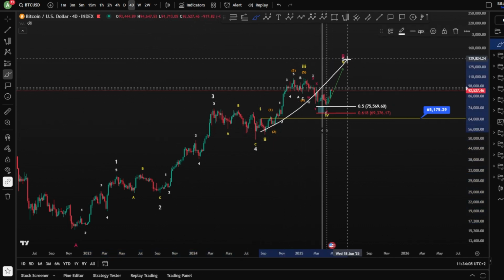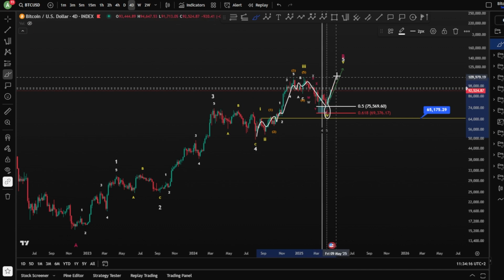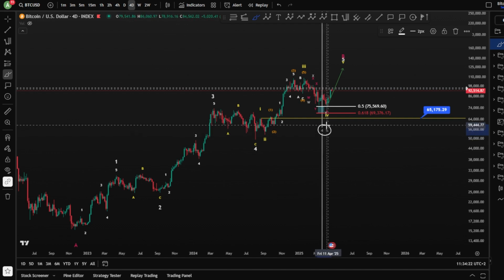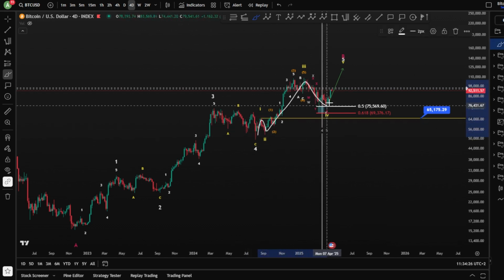We have a wave 5 with a triple 1, 2, 3, 4, 5, 4, and a 5. You're looking for one more wave 4 here in the yellow, and you're looking for a wave 5 toward the upside. The problem with this wave 5, it has passed the 5 times of your wave 2, taken from the 1, 2, 3, 4, and a 5.